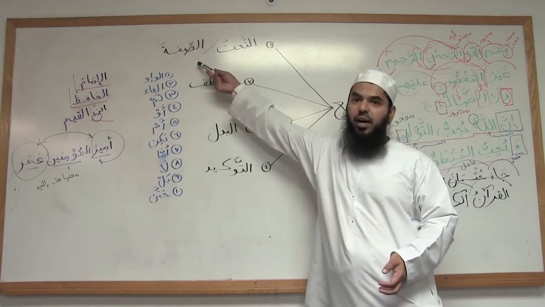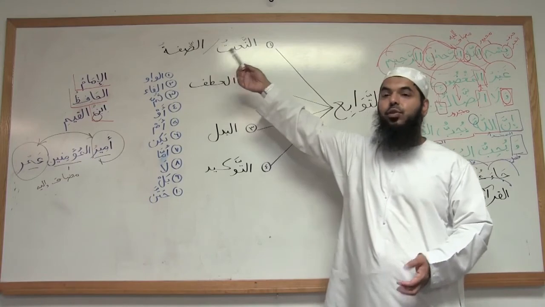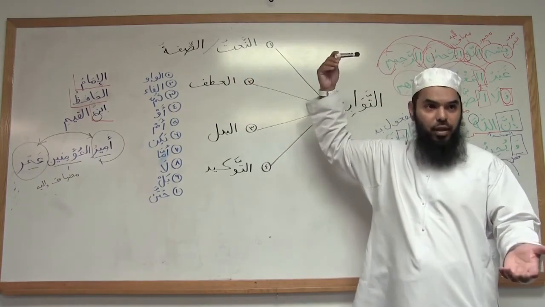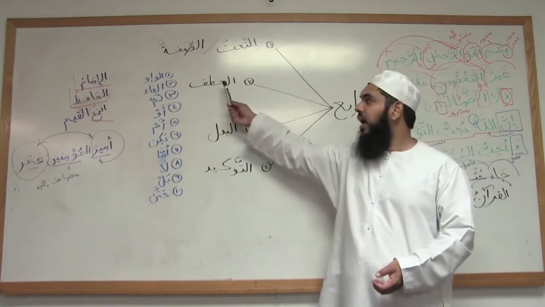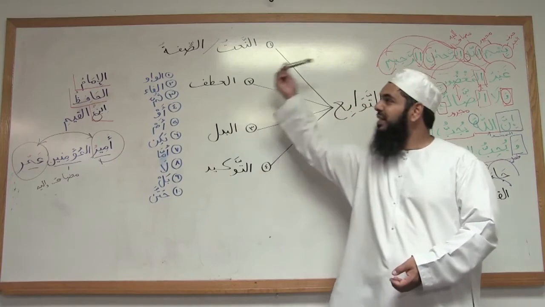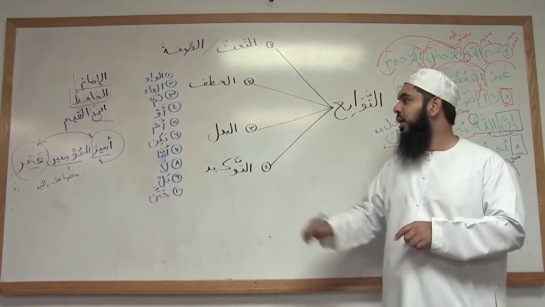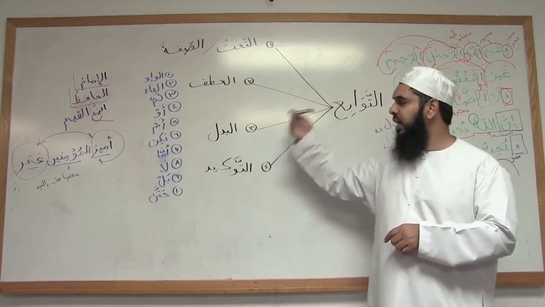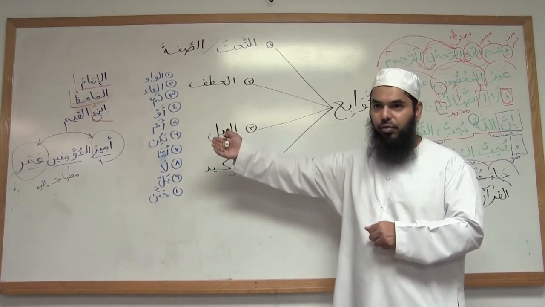So if you have a sifa, there is mawsuf. The sifa, the description, is going to be connected to the one it's describing. If you have atf, you have ma'tuf. If it is atf, it's going to have to use one of the huruf al-atf, and there's going to be something it's going to be ma'tuf to. It's going to be connected to. If you have badal, you have the mubdal, yani that which badal is taking the place of.